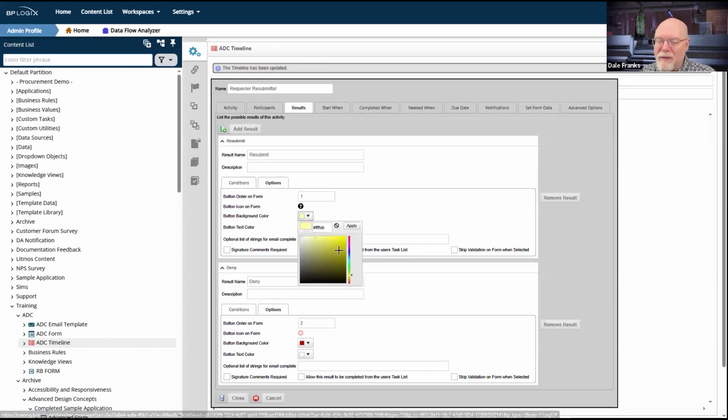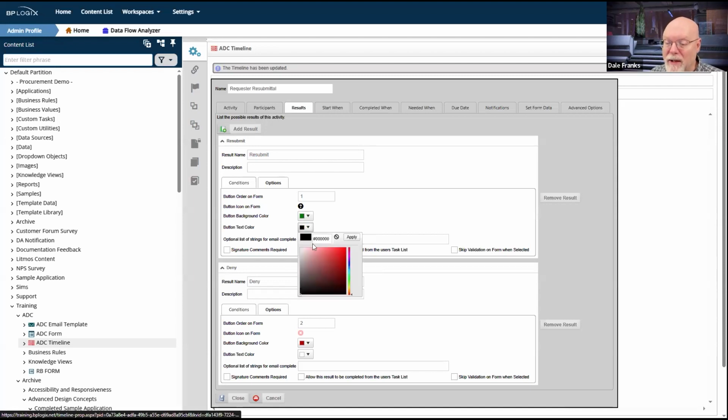So because I've decided that green is my deal, I am going to set this as a green color. So we'll go to green, and obviously I'm going to make it a darker green. I think that is sufficiently dark for my button background color.